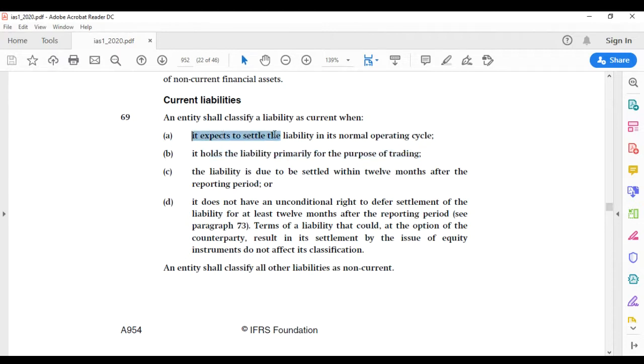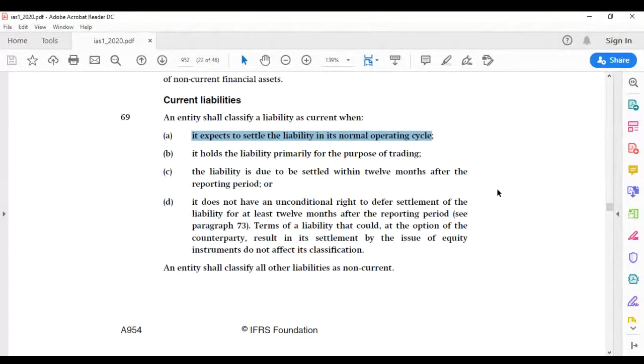Then A, that goes hand in hand with what we've discussed under assets as well. So an entity shall classify a liability as current when it expects to settle the liability in its normal operating cycle. So there again, I think the best example that we can use is the construction or the property development market. If that company that is going to develop, let's say, the block of flats, it's going to take them 3 years to actually complete that skyscraper block of flats, but the intention is still to sell those blocks of